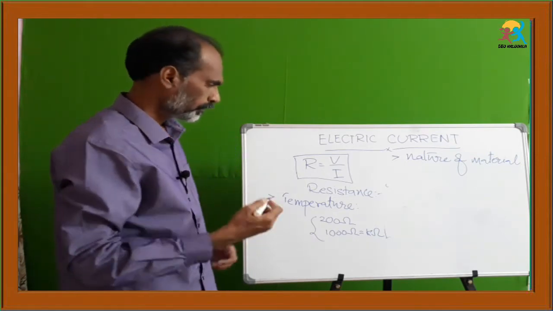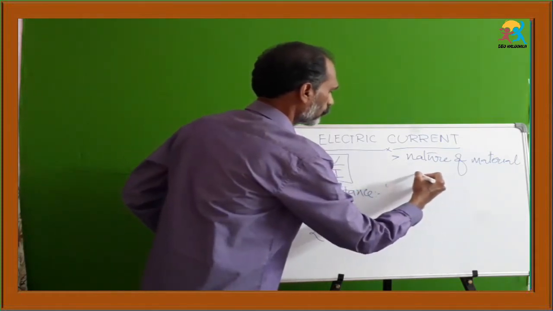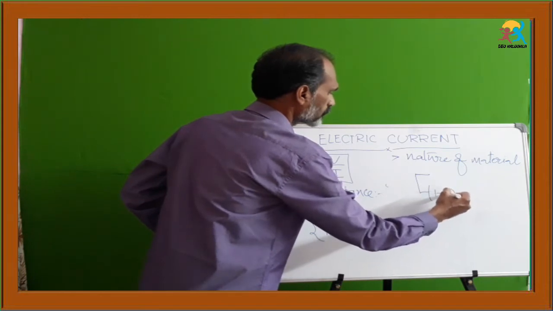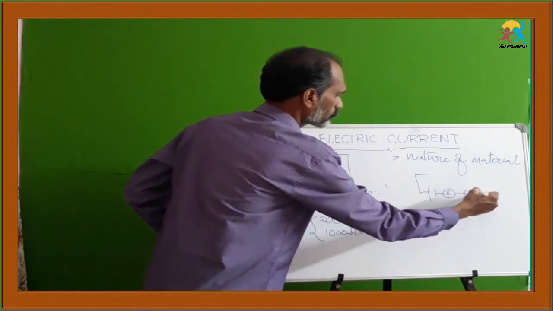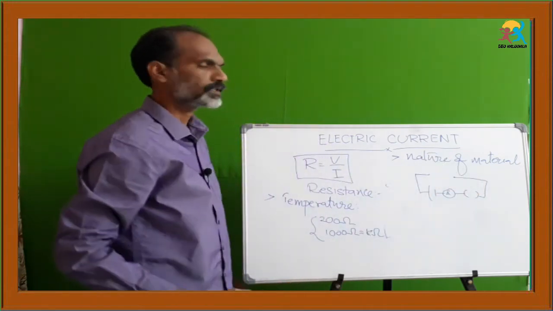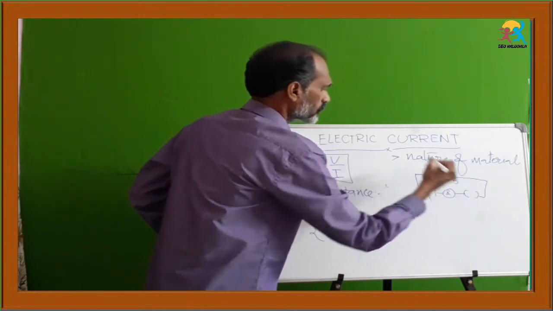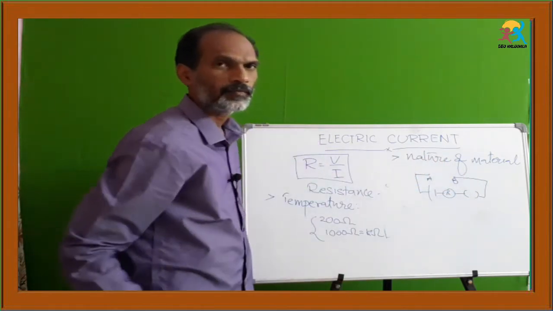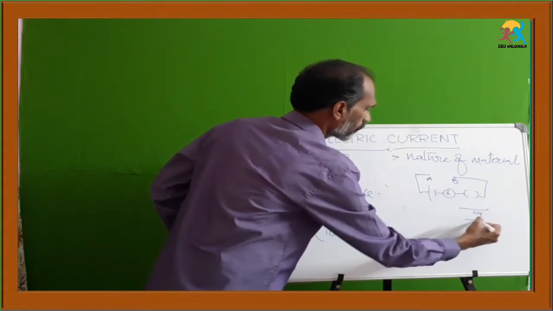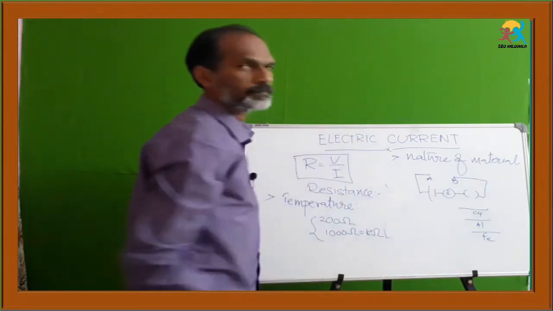To understand this, let us take one open circuit. In this, there is a battery, an ammeter and a switch. This is an open circuit, because different types of metals can be introduced between the gap of A and B. Let us take one copper wire, one aluminum wire and an iron wire.